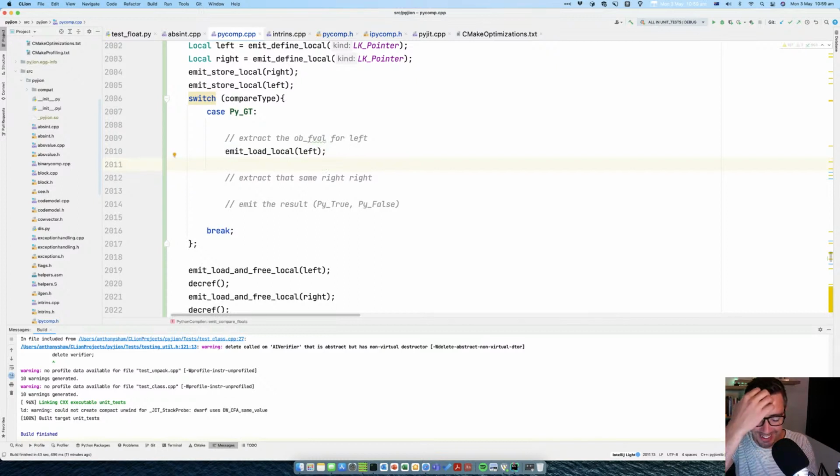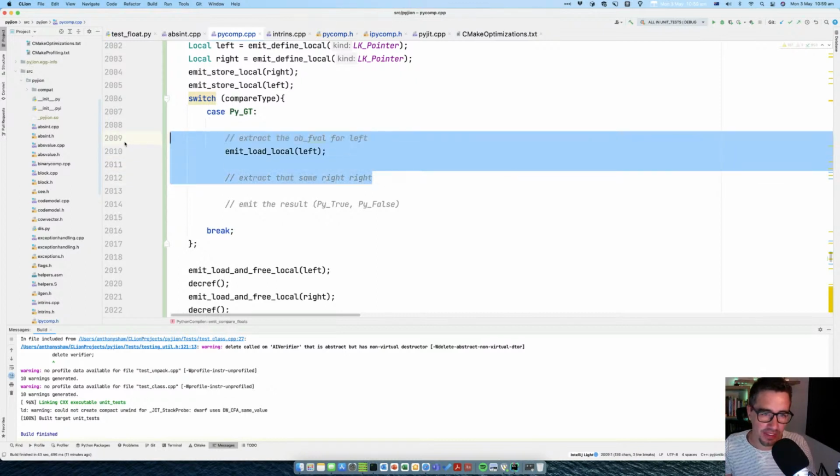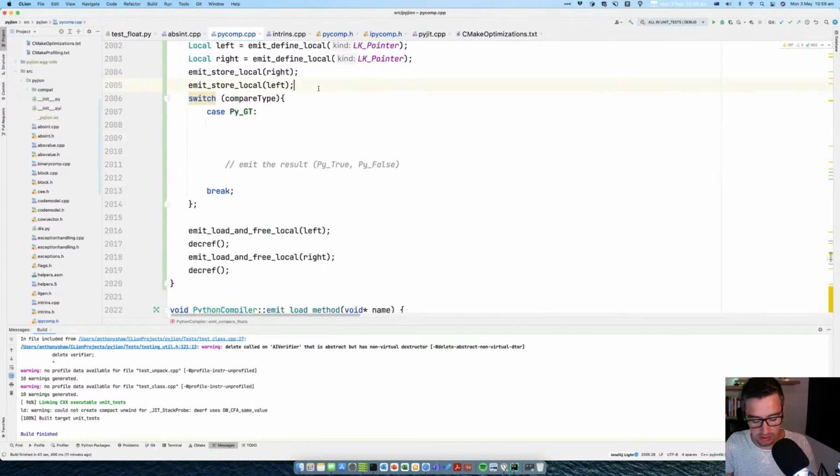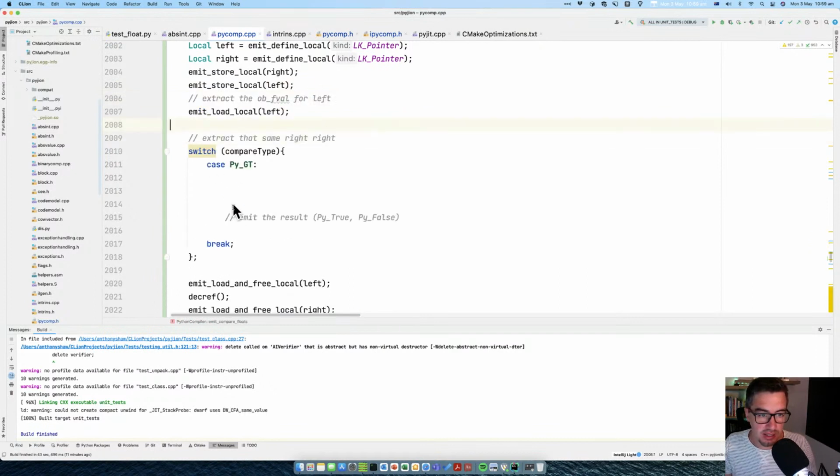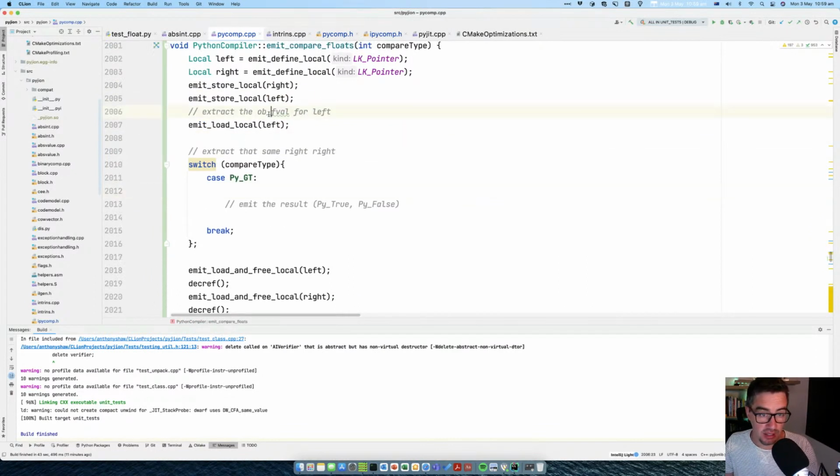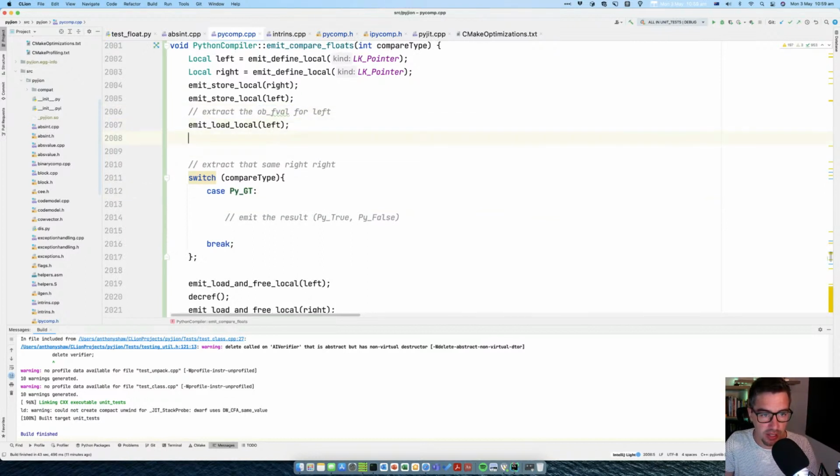Actually, this is generic, so let's put this at the top as well, just to make these different cases easier. Okay, so emit the left hand side value, and then what I want to do is basically load the field. There's a macro to do that, which takes a type and then takes the name of the field. So what that will do,